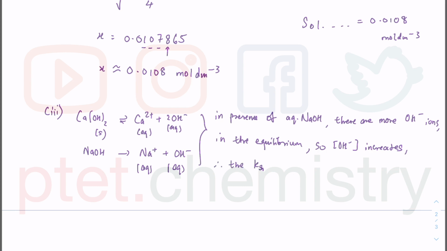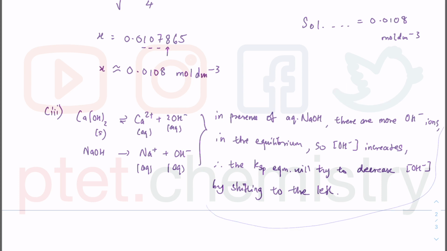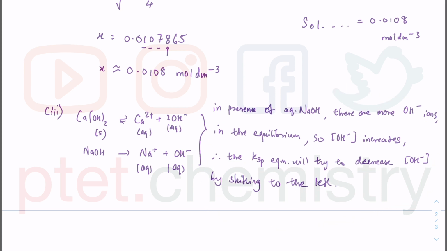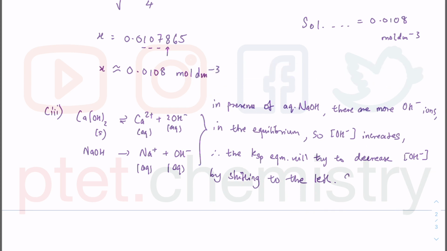Therefore, the Ksp equilibrium will try to decrease the OH minus concentration by reacting more OH minus. So it will shift to the left side. When you shift to the left side, you are making it less soluble. So you will precipitate out the solid, because as you go from left to right, you're making it more soluble. So as you shift to the left, you will get more of the solid. Therefore, more of the calcium hydroxide will precipitate out, meaning you will get more of the solid coming out. So therefore, solubility